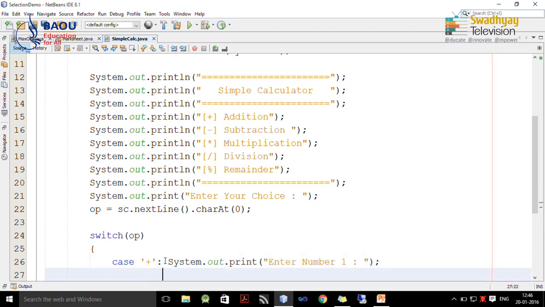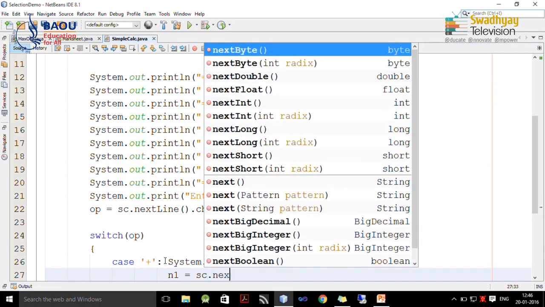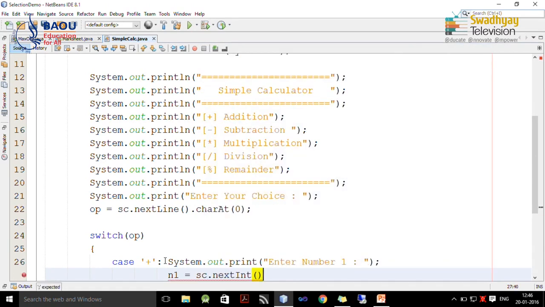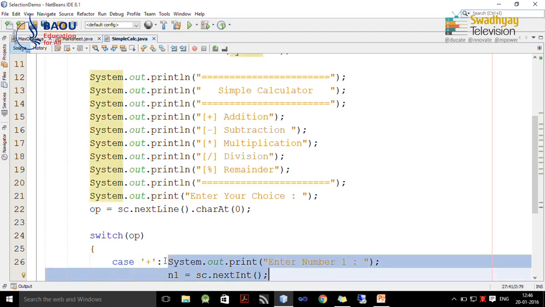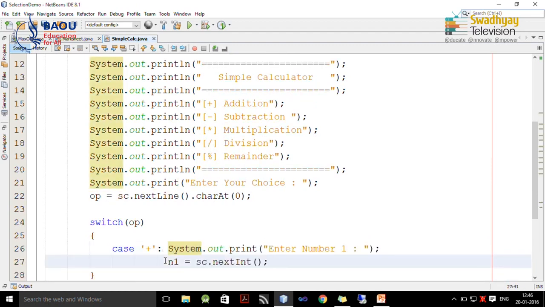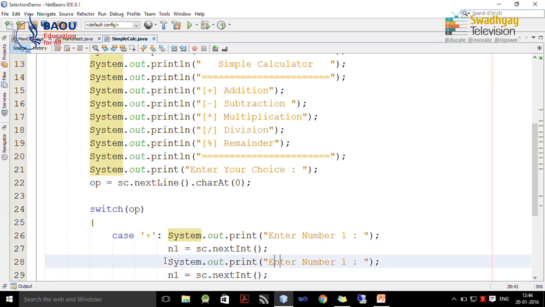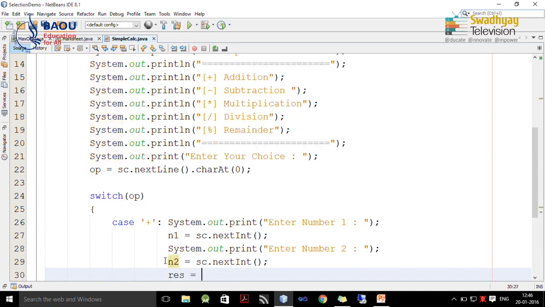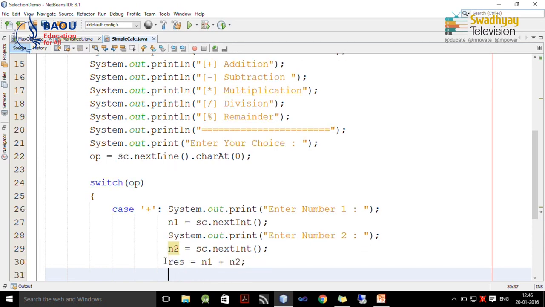and inside n1 we are going to read this integer value, we copy this and we read number 2, we store the value entered by the user inside n2, and we want to perform the sum of n1 and n2 inside result.